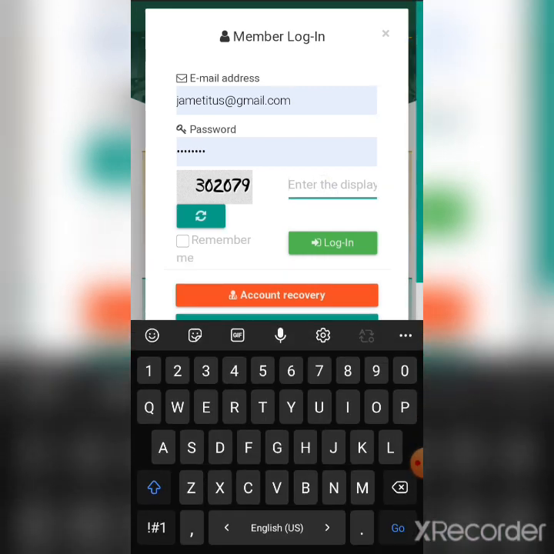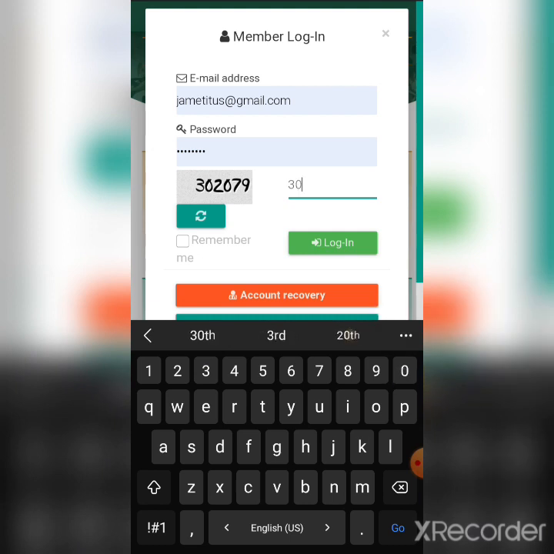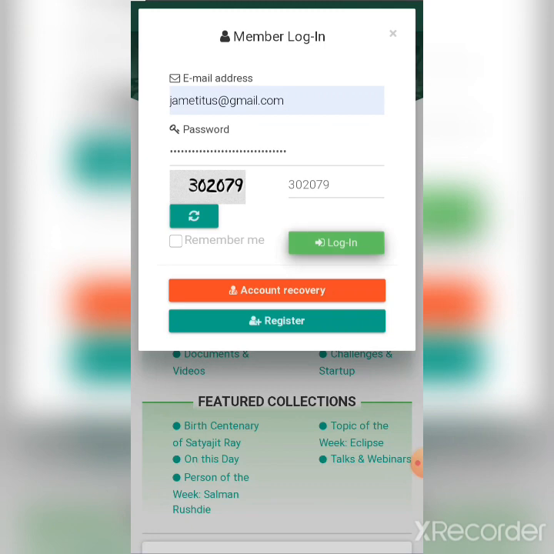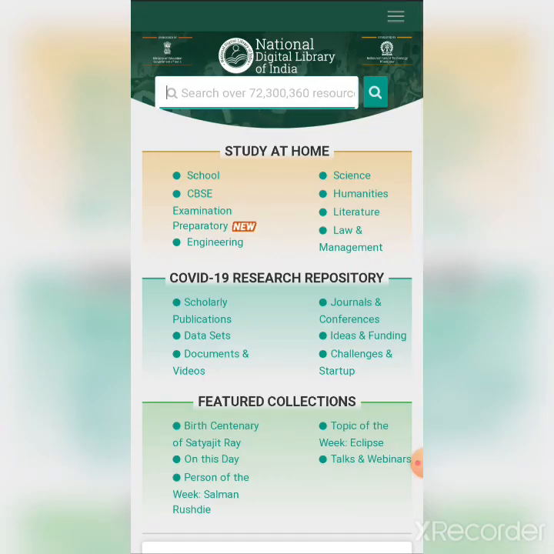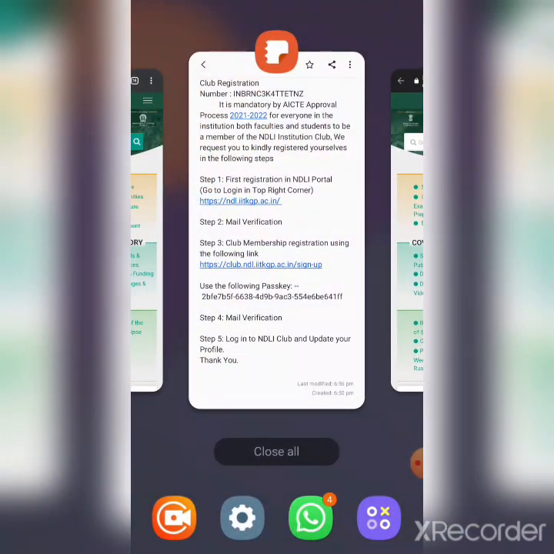One thing is I have to give this number, 302079. If you want it to remember you, you can give remember me, or you give login. Now it goes to the login. So the second step is over.